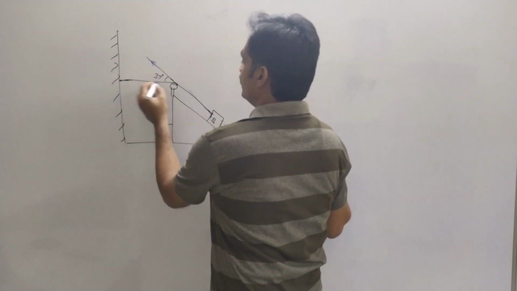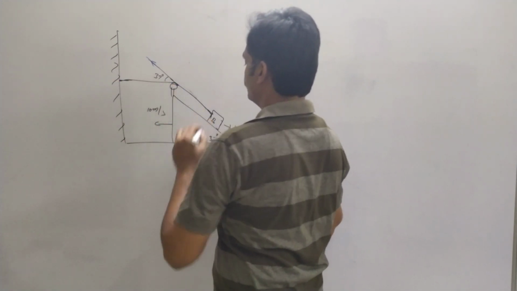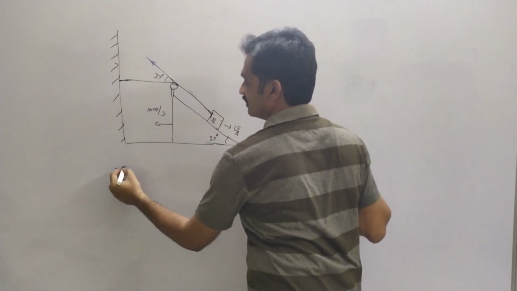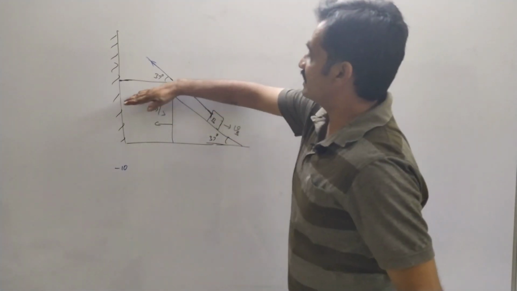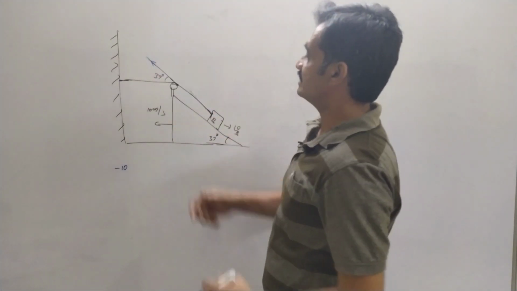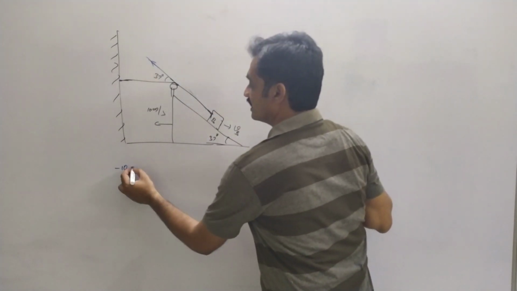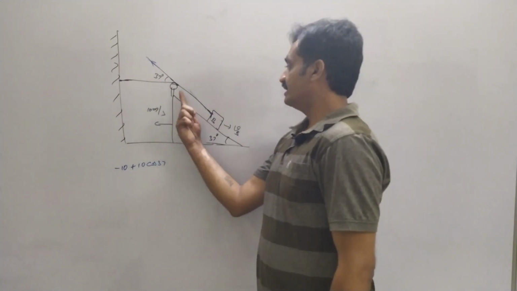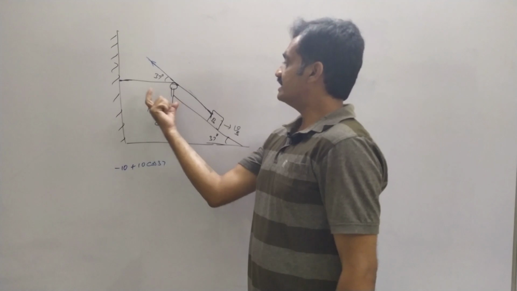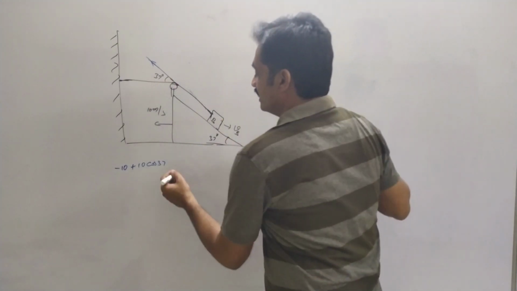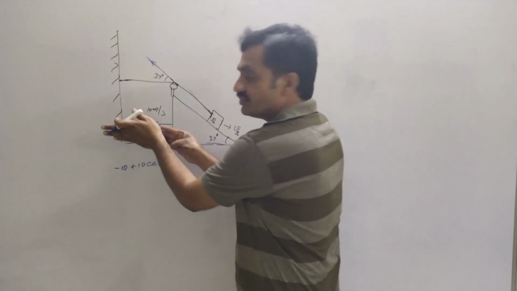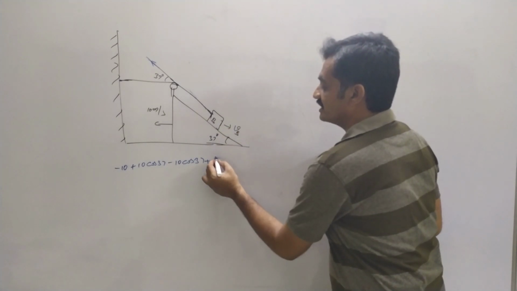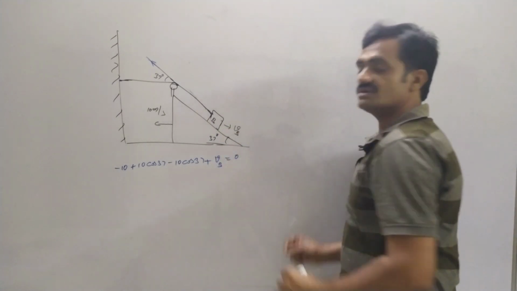So here we have 1, 2, 3, 4. Now observe that the block is moving in the opposite direction. So here we represent it as minus 10. So with respect to this point, it is being inclined by an angle of 37 degrees. So we take adjacent side by hypotenuse, nothing but 10 cos 37, because the length is increasing. To this extent it is being increased, whereas along this line the length decreases. Why? Because the wedge is moving towards the wall. So we represent it as minus 10 cos 37. At this point we consider the velocity of the block B as equal to 0.